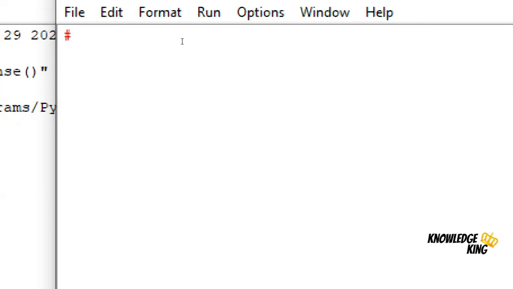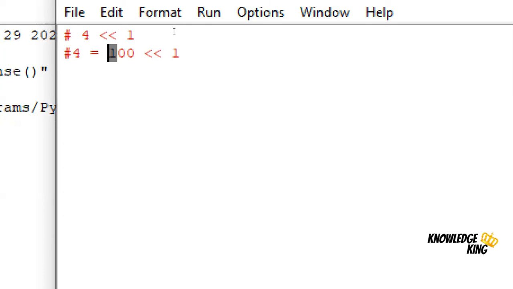I'll first write 4 left shift of 1. The binary conversion of 4 is 100, and left shift of 1 is nothing but this one